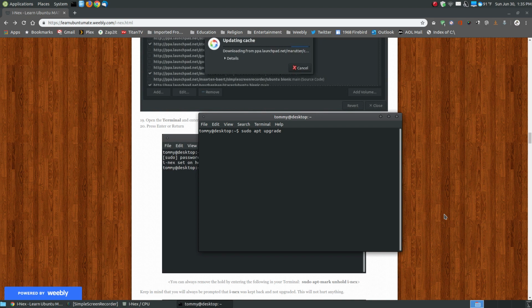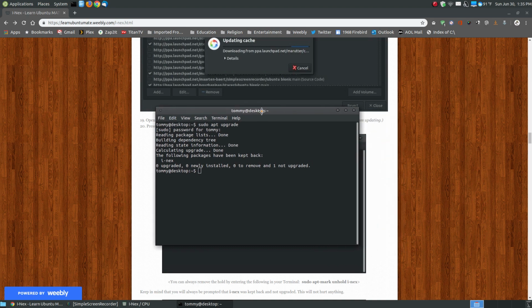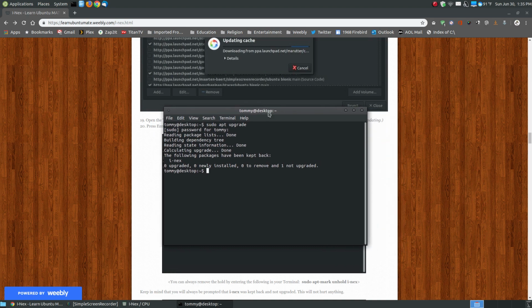upgrade. And when I put that, it's going to ask me for my password. And then watch what it does. It's going to tell you everything is up to date, but the following package has been held back. When you look at that, don't panic and think, oh my god, I'm not getting an update for this. You intentionally held this back because the newer version with 18.04 will not work. And that's what that bug report is. So if you want to use I-Nex on Ubuntu 18.04, follow these steps on this website, and it should work